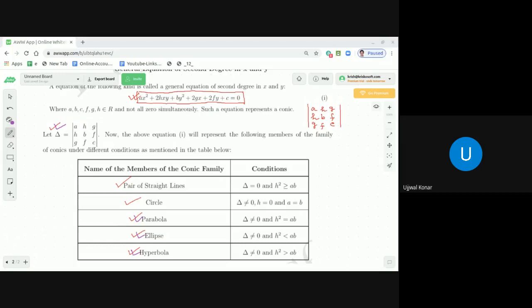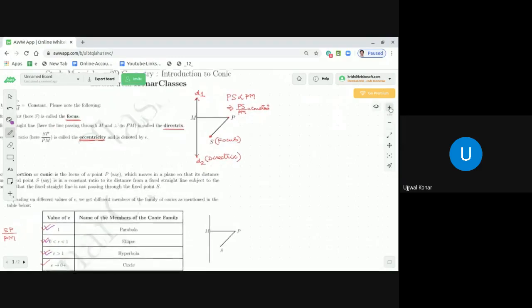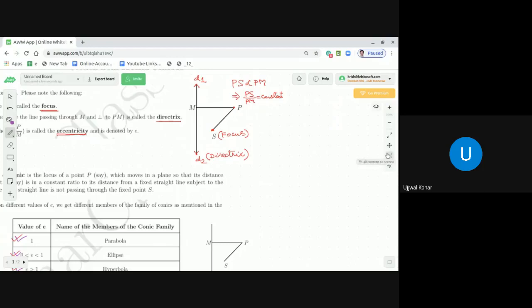Then we discussed how we can get the concept of a conic from the locus of a point, that we have seen by means of how locus is actually helping us to have a clear understanding